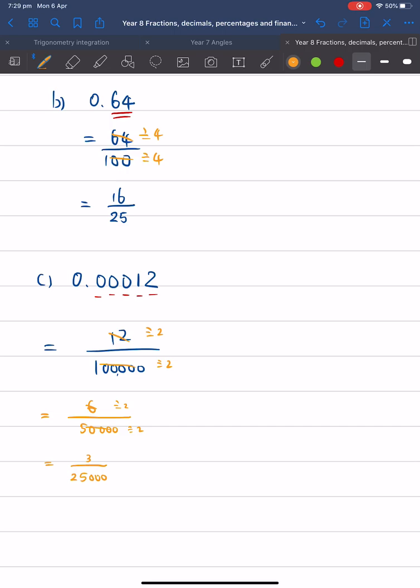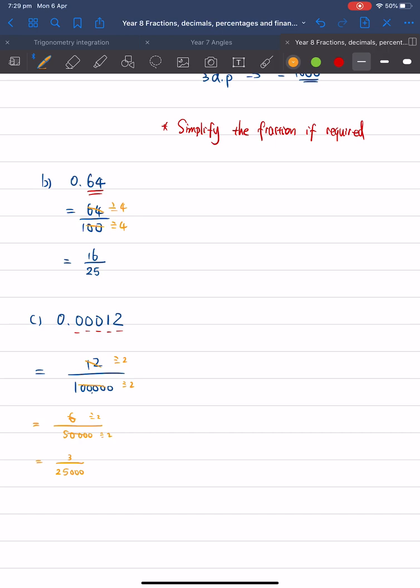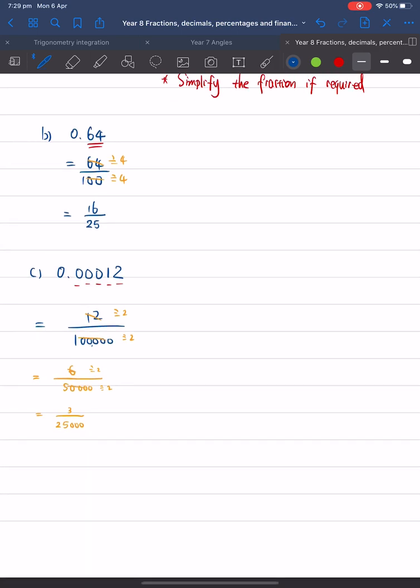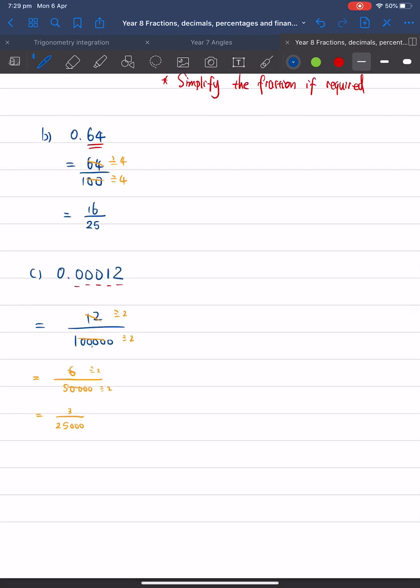Okay, now at this stage, you don't need to know how to convert recurring decimals to fractions, but later on it is required to do that. I just want to show you an example. How do I convert a recurring decimal to a fraction? Say, for example, if we have 0.6 recurring, how do we convert this into a fraction? Some students may already know 0.6 recurring is equal to 2 over 3, because this is such a common one. All right, it's really common, and so you know the answer is equal to 2 over